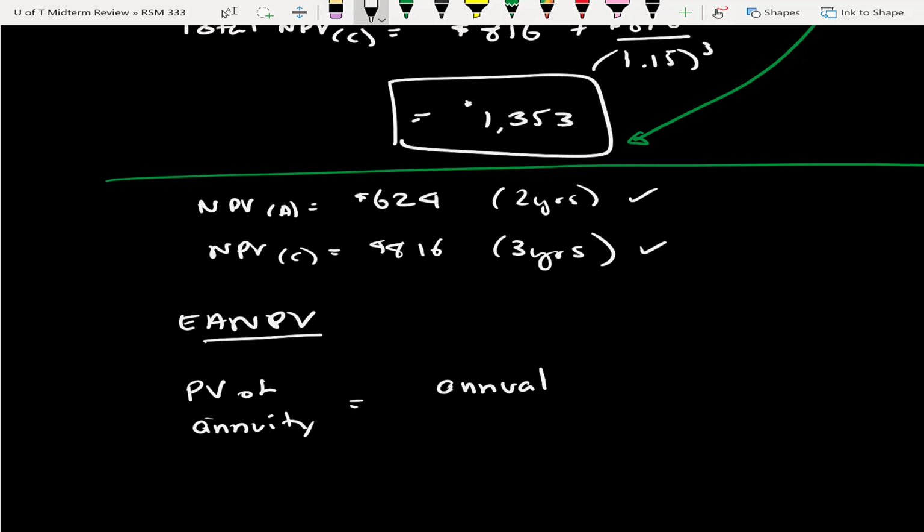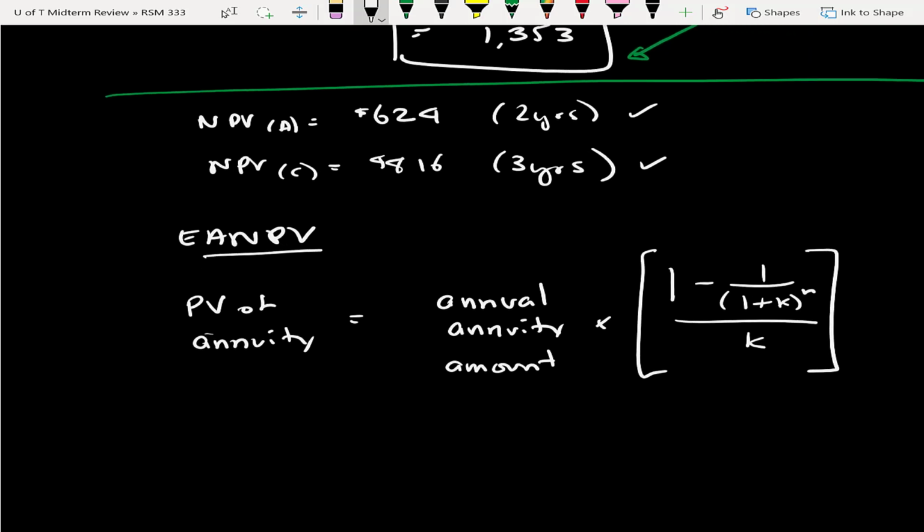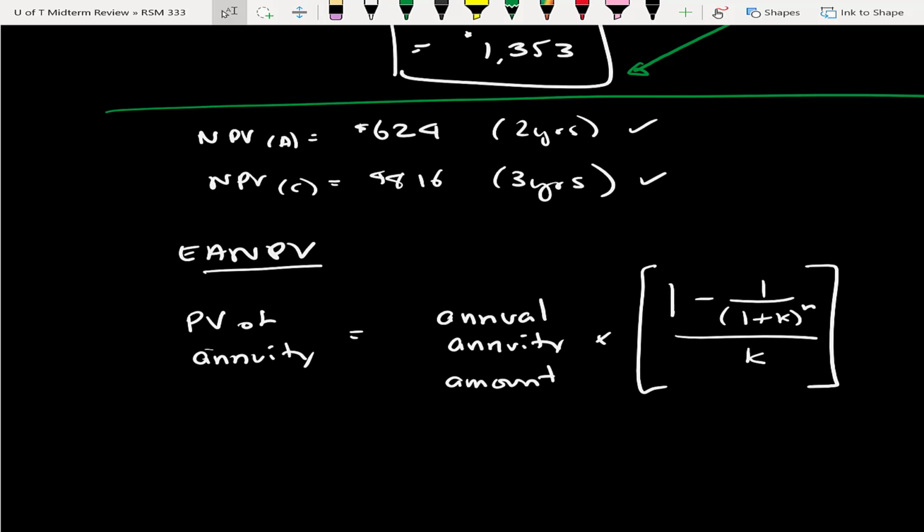So this formula is as follows. This is the ordinary annuity, where the payments are at the end of the year. So the present value of an annuity is equal to the annual annuity amount multiplied by 1 minus 1 over 1 plus k to the power of n, divided by k, where k is the discount rate and n is the number of periods. So if we do project A,